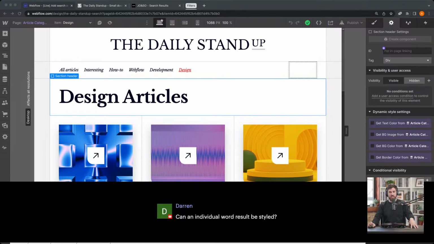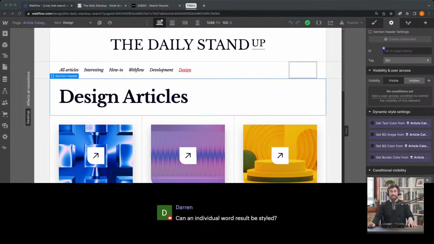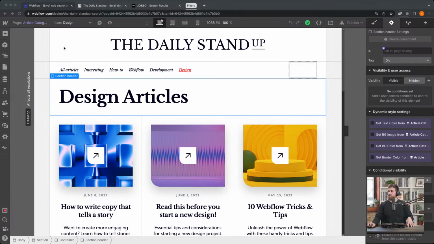So Darren asks a question here: Can individual results be styled? The answer is yes. So just like you can style CMS items, all of that styling still applies here with the same limitations, right? The second thing I want to bring your attention to, and I don't know if this was the point of your question,